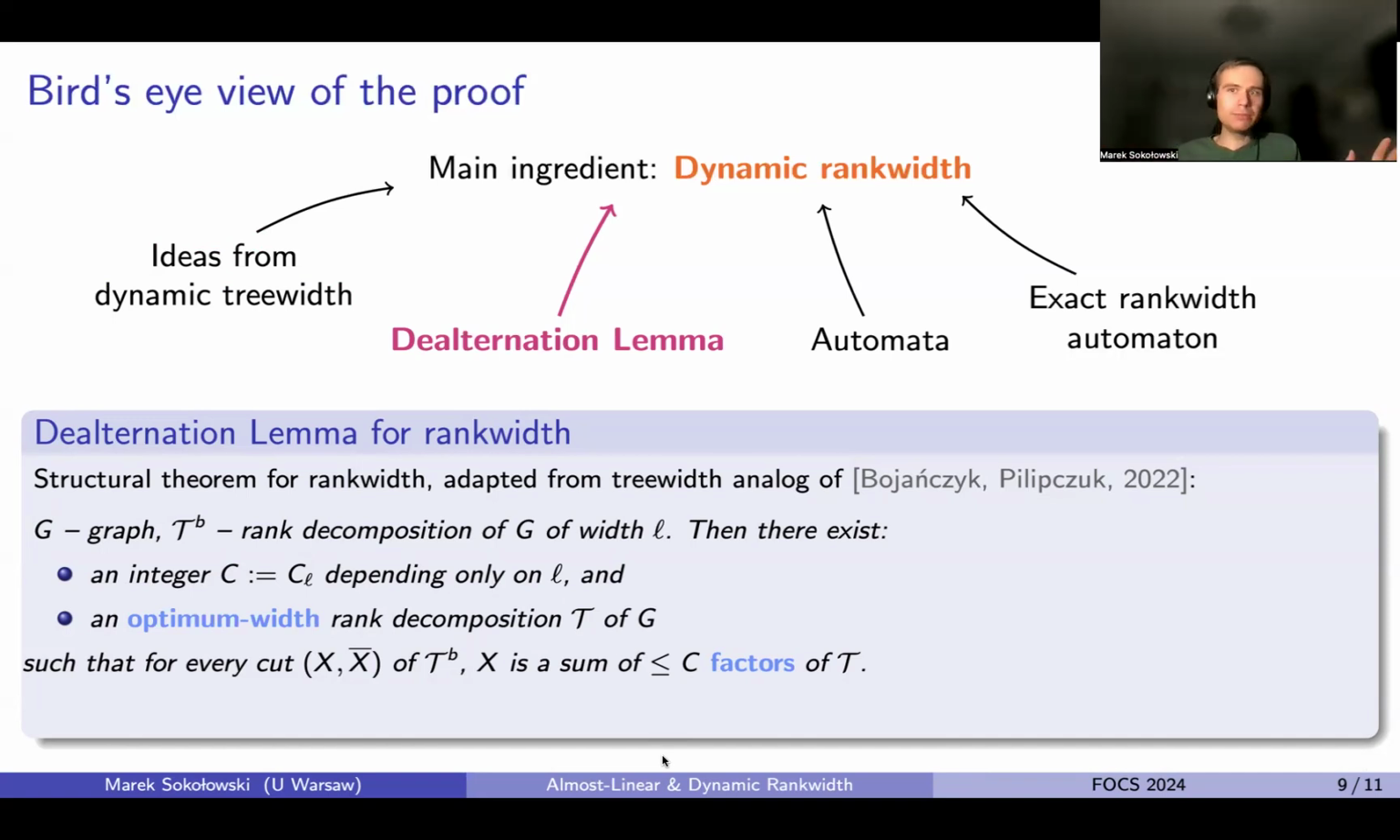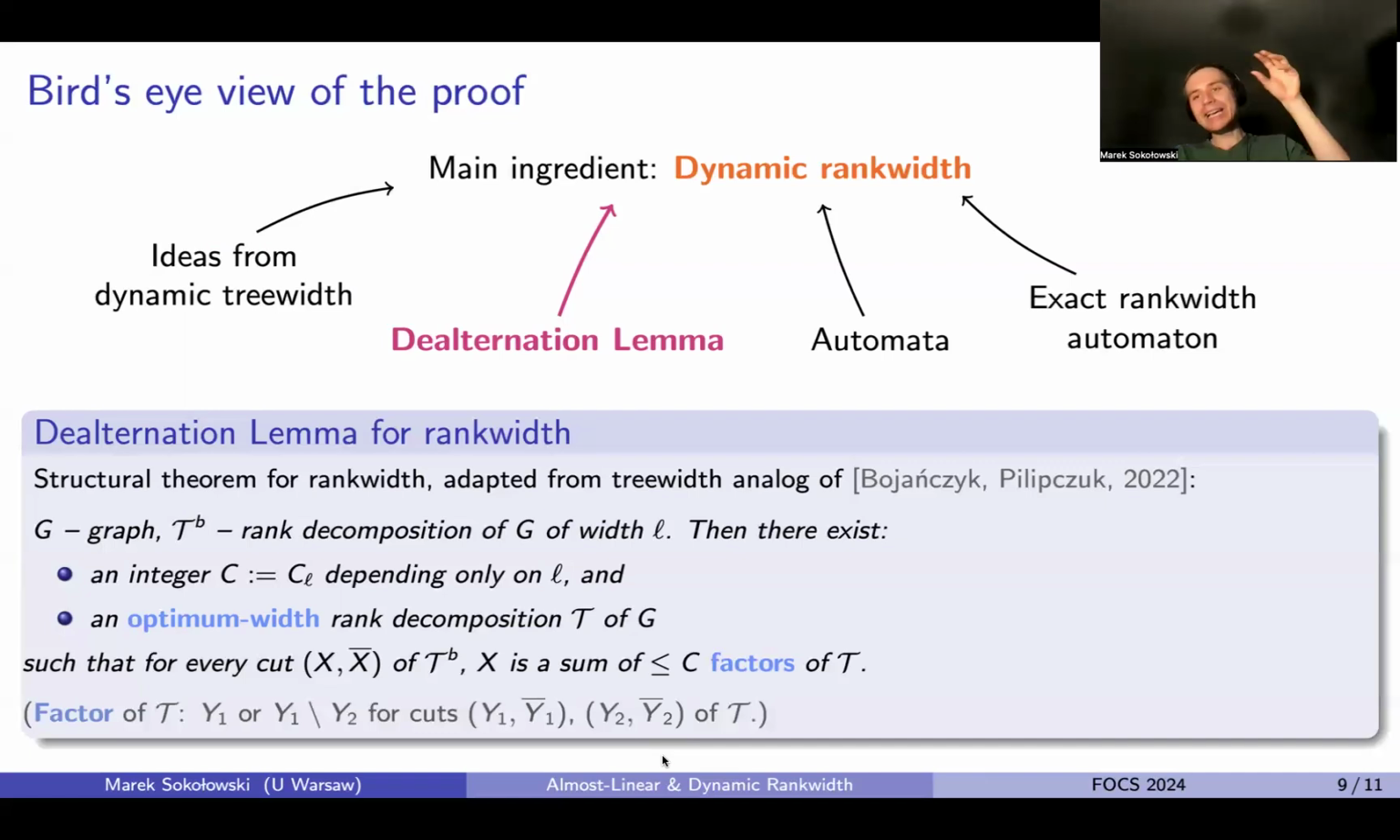I don't know how to compute it, but I know it exists somewhere in the limbo, such that for every cut of this non-optimum width decomposition, separating X from the complement of X, I can represent X as a sum of at most C different factors of the optimum rank decomposition T. And here, if you need to know, a factor is either a side of the cut